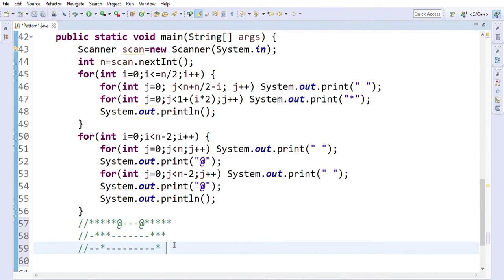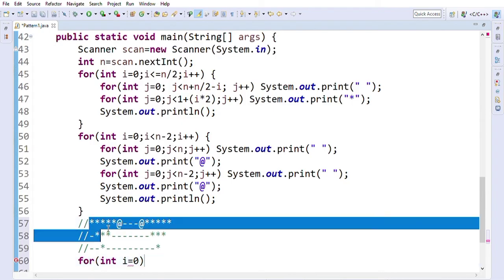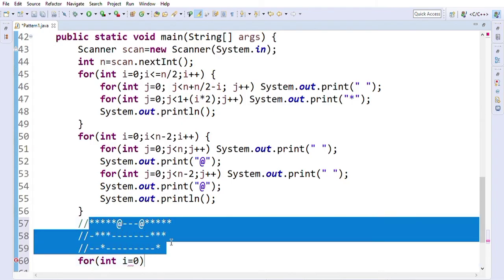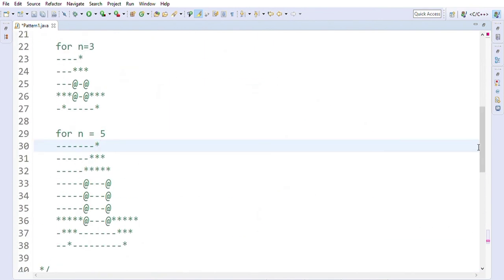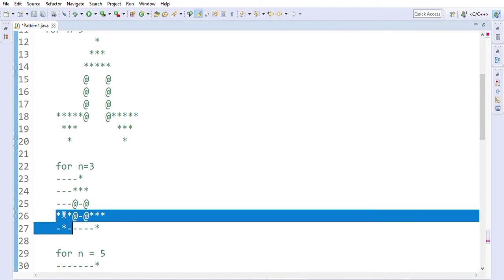For int i equal to 0 we are printing these 3 lines for n equal to 5, that means n by 2 plus 1 times, and for n equal to 3 we are printing n by 2 plus 1, that means 2 times.